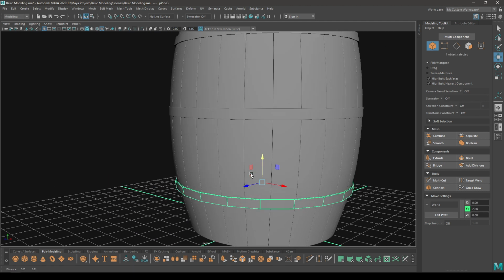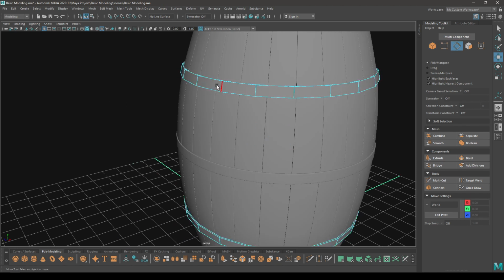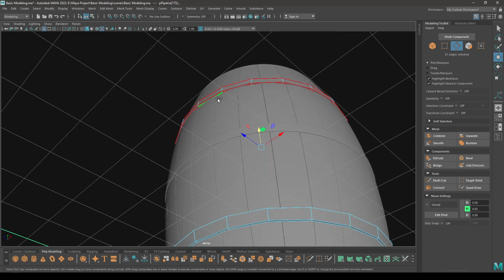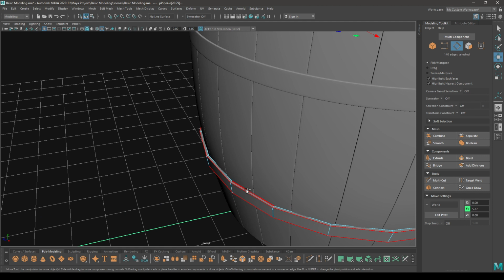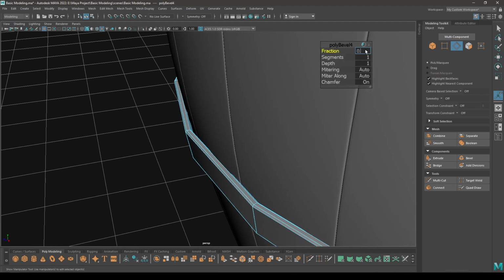And let's repeat the same thing for these two. Combine them and go to edge mode, select all these edges. And bevel. Keep the fraction to 0.35 with 1 segment.